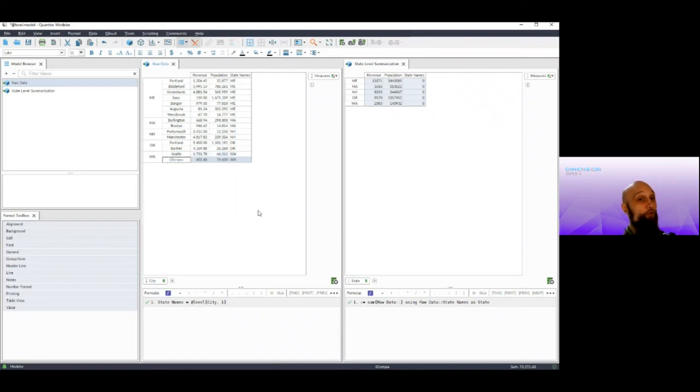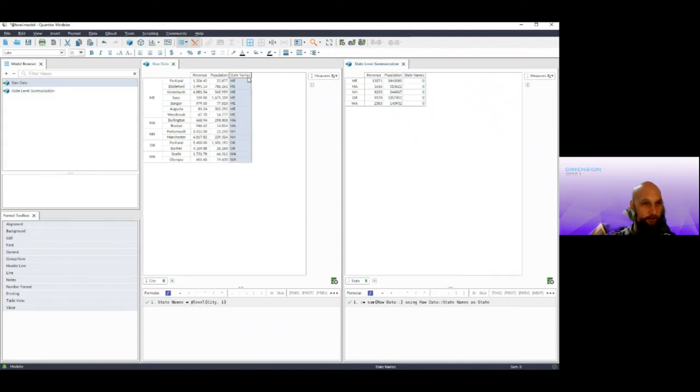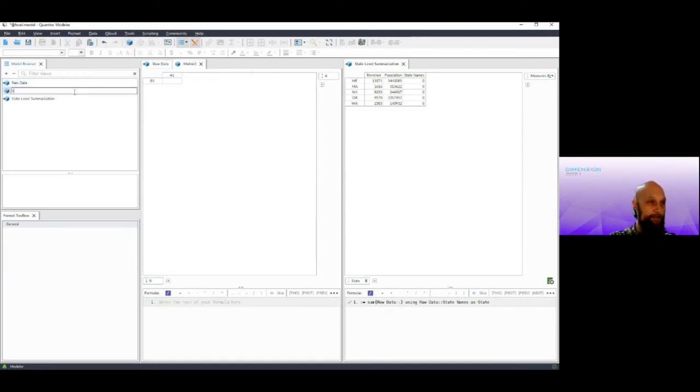In any case, the whole point of this is I can use this to get me the names of these groups and I can put them in items. And that means that this is working fine. The thing is, it brought over state names here and it put state names in here. And that's not super great. For me, I would rather use a fancy using as trick, which you may or may not already be familiar with. And that is, I'd like to make a state names